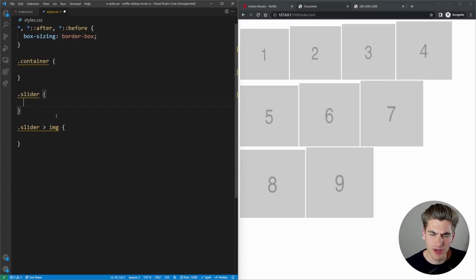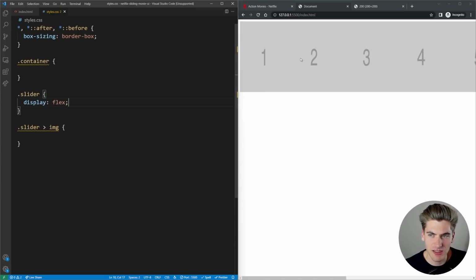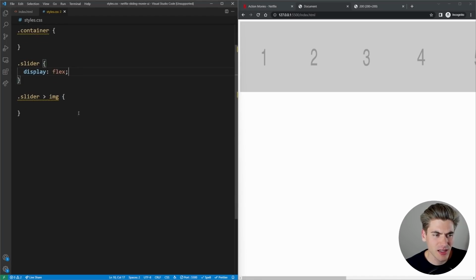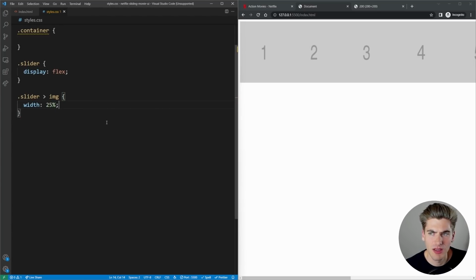So the way I want our slider to work is I think I'm going to be using Flexbox for this. That's just going to be an easy way for me to put them all on one line. So if I say display flex, you can now see everything's on one line, and it has a giant scroll bar. It's also going to help a little bit with making sure all of our images are the same size. So the next thing I want to do is on each one of our images, I want to give them a specific width, and that width is going to scale based on screen size. So let's just start with like width 25%, for example. Now we can essentially fit 4 boxes on our screen.